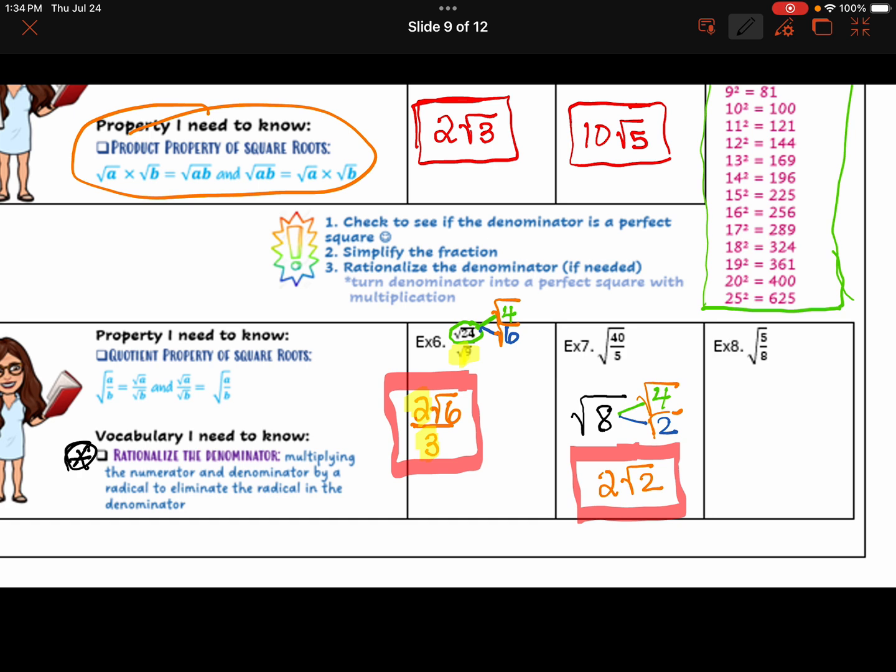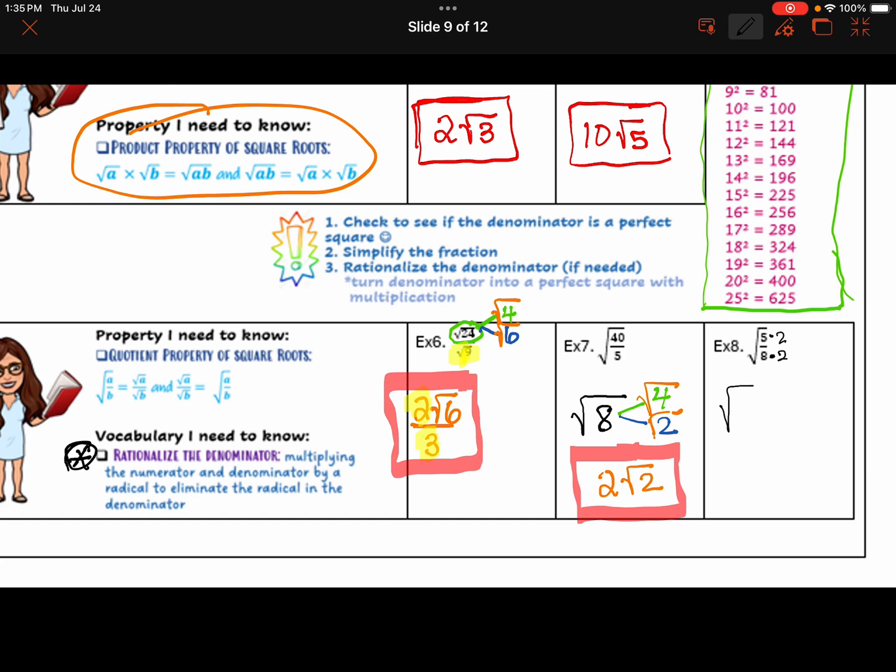So I could take 8 times 8, 5 times 8. I now have 64 on the bottom. I have a perfect square. The problem is I just created really big numbers. And I always try to create the smallest fraction that'll work if possible. So instead of multiplying top and bottom by 8, which is a great option, I go, you know what? If I just multiplied the top and bottom by 2,